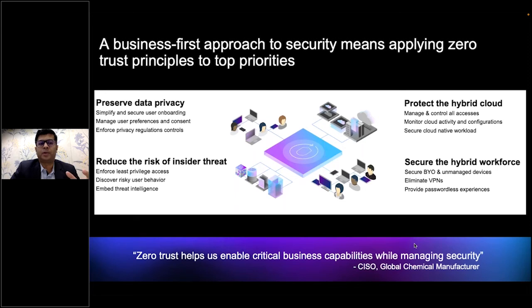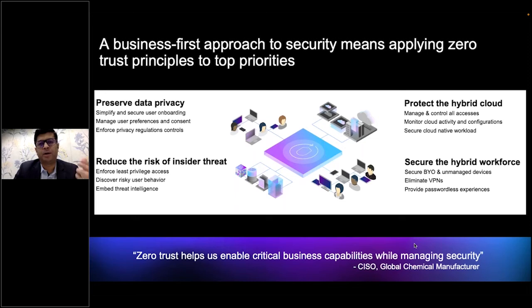So how do you basically reduce that risk of insider threat? How do you detect such anomalies? Because we have seen that almost 60% of the attacks today are seen as part of the insider threats. And this is again a very, very important use case where organizations are looking for visibility across endpoint, across cloud, across applications, across identity. What's the risk? So that proactively they can take an action rather than something happening and then doing the forensics after that. So these are the four main use cases that we see